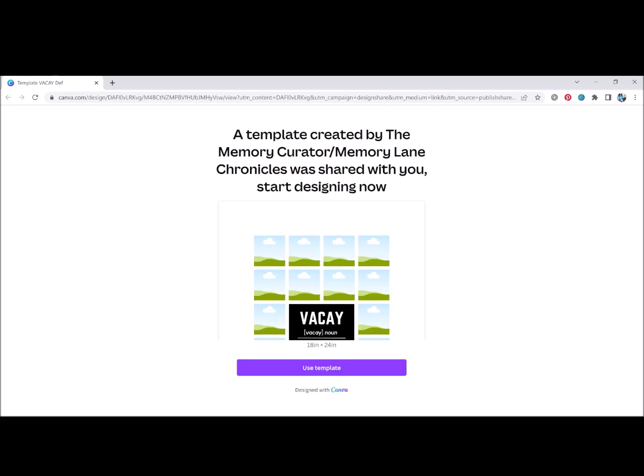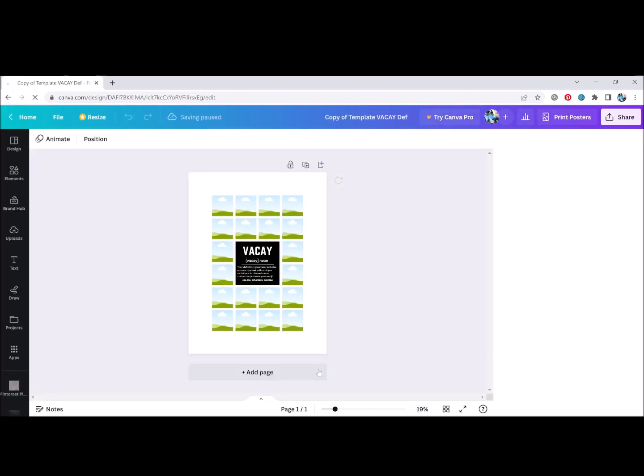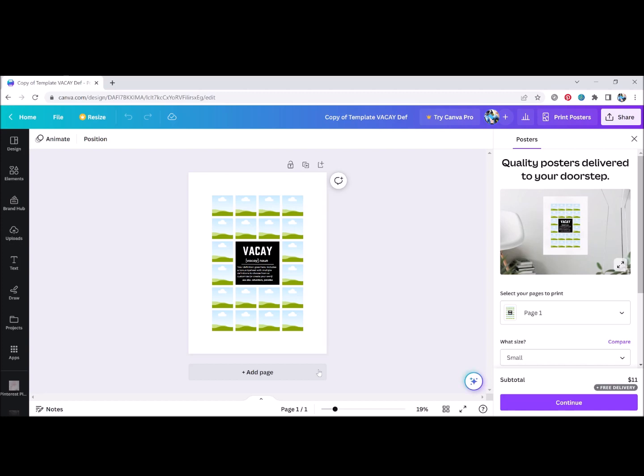When you first receive a template link, it will open up a page like this saying who the template is from. So to get started, all you do is go down to this purple button, Use Template, and click on that, and that will open up the template in your workspace. And before you do this, you should go ahead and sign up for a free account if you don't have one already. So this is your template workspace, and one of the first things I would do is go ahead